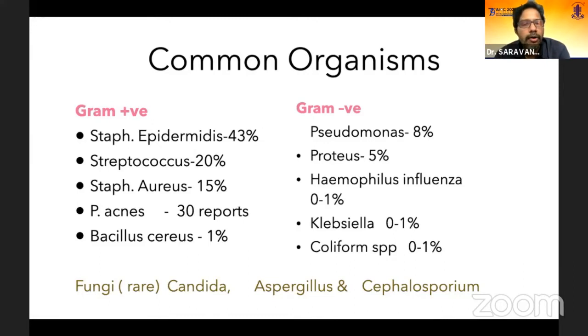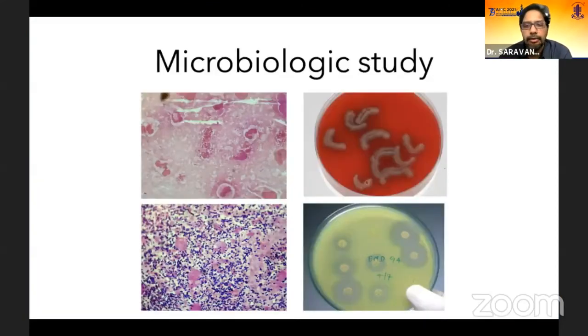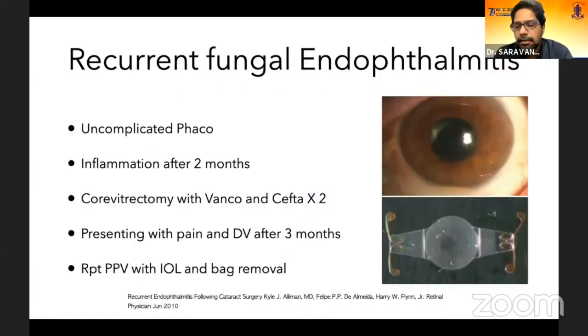So some of the common organisms, as you know, in a cluster would be Pseudomonas or Haemophilus influenzae or Klebsiella. Routinely, what we see in low-grade infection is Staph epidermidis, sometimes Streptococcus, and Bacillus cereus you see often in post-traumatic infections. And depending upon the area you live in, fungi can be a little bit more common than other organisms also, especially in the post-operative setting. So doing a culture and looking at the sensitivity also will help you to choose the more specific drug to kill this organism.